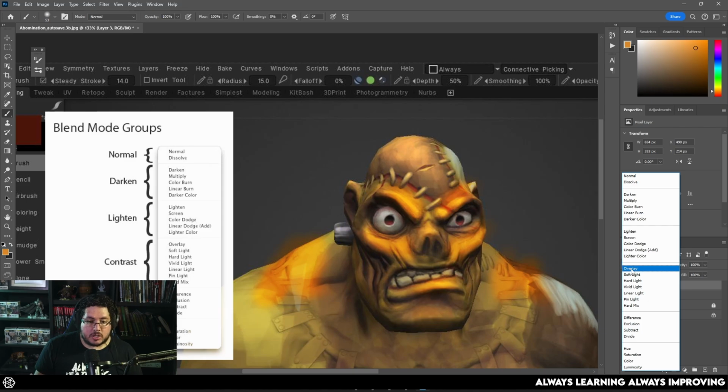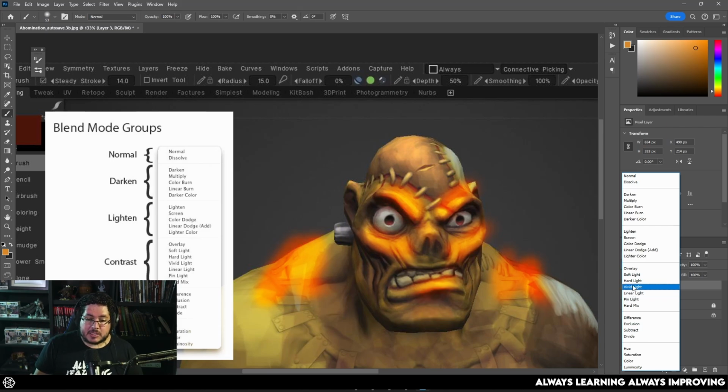Overlay won't do much. Remember, this will add and blend the colors, but it will not change the high points and the low points of your image, but this one will. So as you can see, that's the change that we see right there with overlay, soft light, hard light, and vivid light. Linear light, as we've mentioned before, linear usually means that it will not replace, what's the word? It will keep things a little bit more linear. So there will be changes, but it will try to keep them a little bit more uniform.